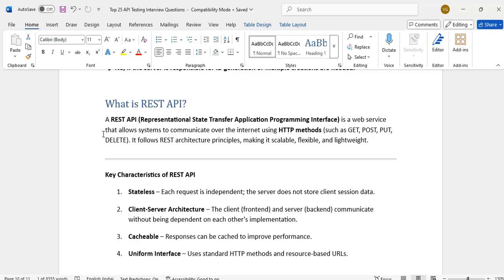Suppose you are booking a flight ticket, or a bus ticket. The database will be over some other server, the UI will be from some other vendor. The DB belongs to some other vendor, the UI belongs to some other vendor. What they will do: whenever we search, I want to go from Vijayawada to Hyderabad, or US to Hyderabad, what are the flights available, right. Whenever we search it, what they will send is in either JSON or XML format.